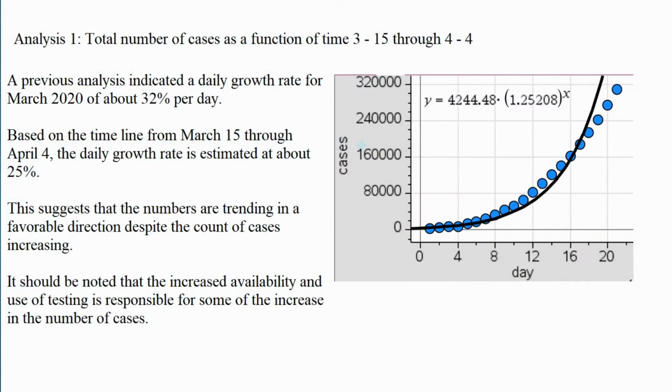So the other thing that was noted previously in the trend line, if we see this upward bending curve, this exponential function, which is based on our data and the analysis of those data, then the curve is greater than the actual number of cases. We saw that in the analysis during the month of March, that even though we had a 32% growth rate, toward the end of March, that rate of growth had decreased so that we were overestimating by the regression equation. That's a very favorable